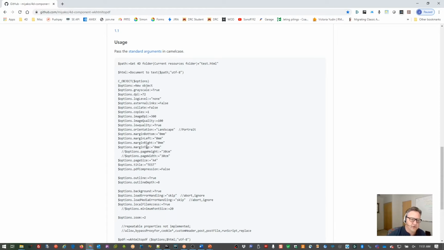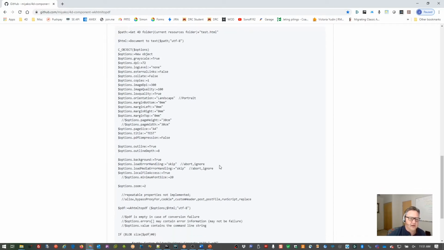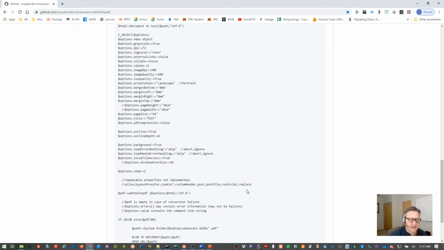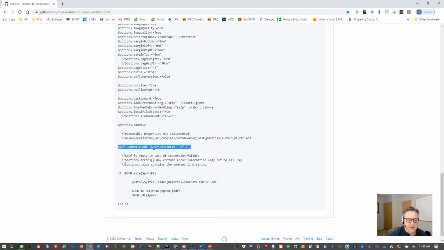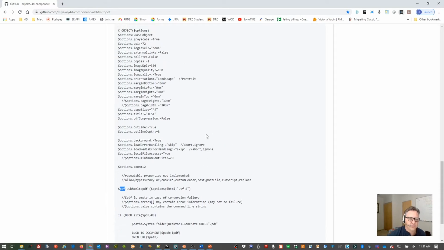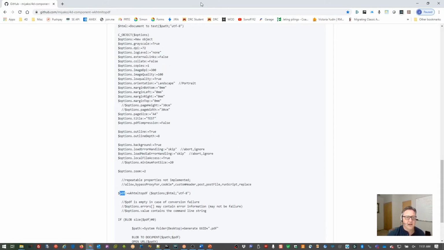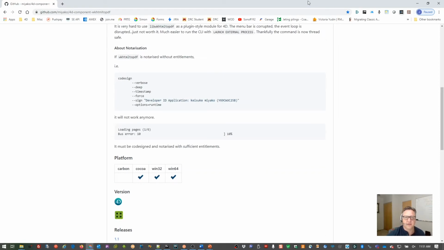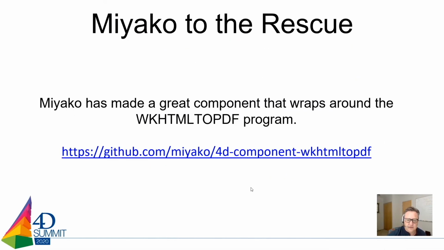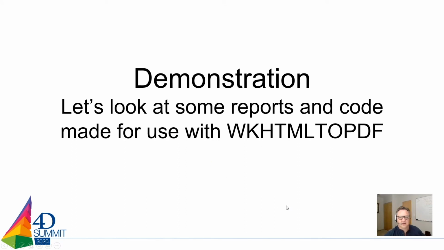Is it landscape? Is it portrait? What's your DPI? And all sorts of other things. And right here is the main call. You'll see WKHTMLTOPDF converts the HTML file passed in here with the options set here and outputs a PDF blob to you. It is really slick. He's done a really nice job with it, and as usual with Miyako, of course, it's a really simple to use component. So let's look at a little bit of code that we're using in our sample database